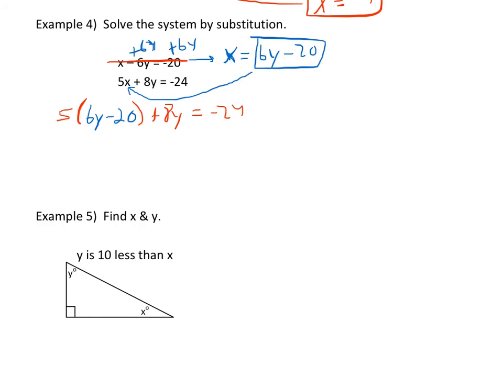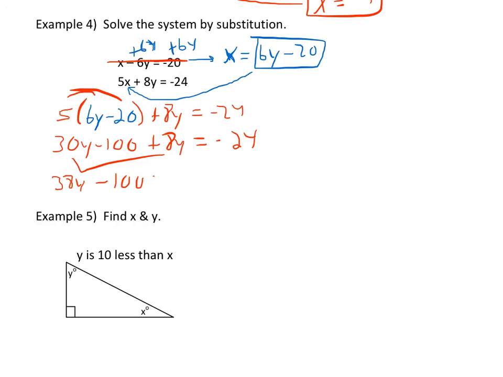Again, this equation doesn't exist anymore, we've modified it. So we distribute, and we get 30y minus 100 plus 8y equals negative 24. These two are like terms, and we get 38y minus 100 equals negative 24. We will add 100 to both sides, and we will get